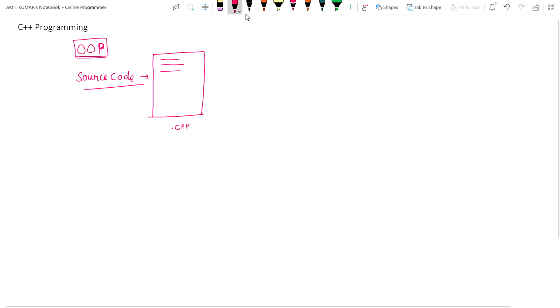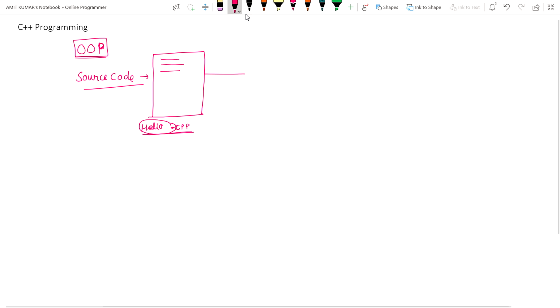Suppose you have given a name hello, and you saved it with extension cpp. You can give any name of your choice, but the extension should be cpp. So this is the source code. Sometimes we also call it a source file.